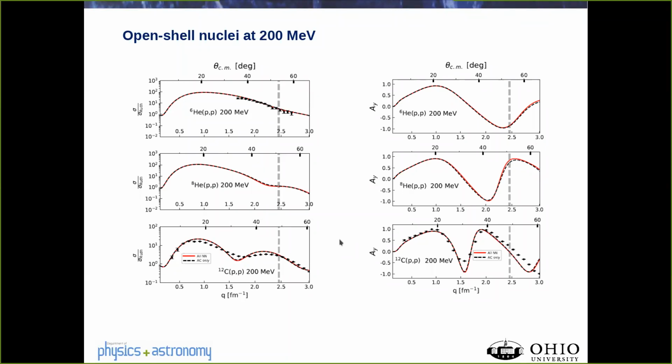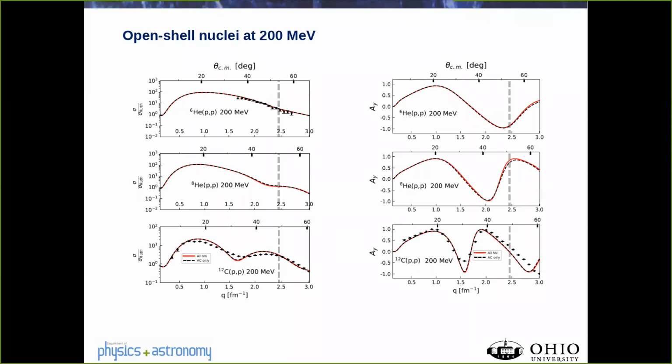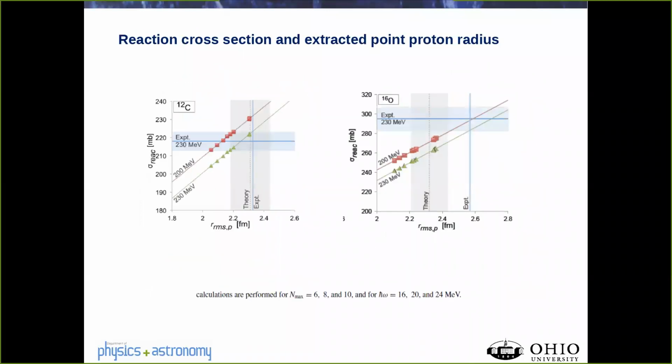And we thought, well, we should do this calculation for carbon-12. Before I go on, I specifically state here the higher energies because what we also have to ask, if there are extra spin effects, is at what energy do they show up? It's not only whether they're there; since these potentials are energy dependent, we also have to look at what energies they show up. Before I go on, I also wanted to show something, namely reaction cross section versus extracted point proton